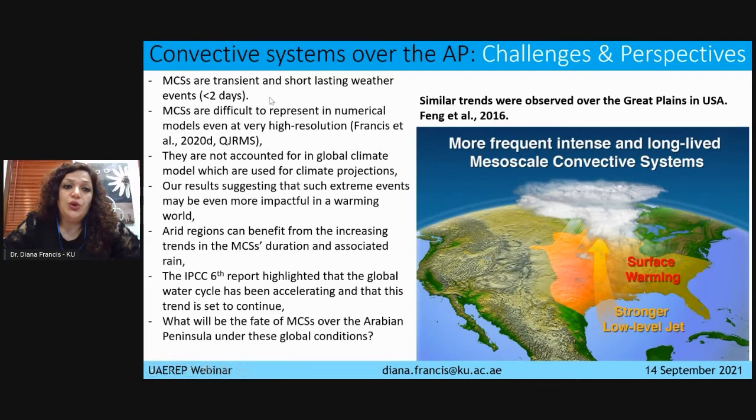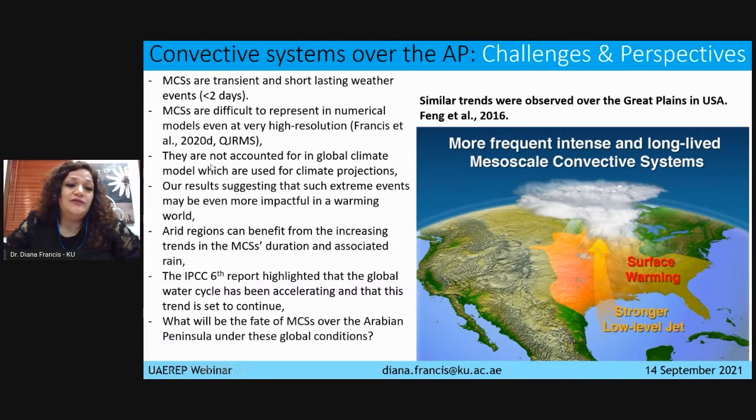It's important to know what we still need to know about mesoscale convective systems. The main challenge comes from the fact that they are short-lasting weather events, less than 2 days, for example, and they are very difficult to represent in numerical models, even at very high resolution. We have many papers trying to get the right convection at the right place and time, and this is still challenging,